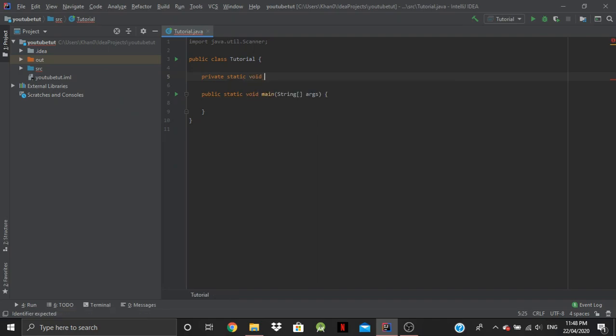So we're going to use void. What does void do? Void returns nothing, so it means nothing is returned here. So anyway, let's get that out of the way, and we're going to name our method